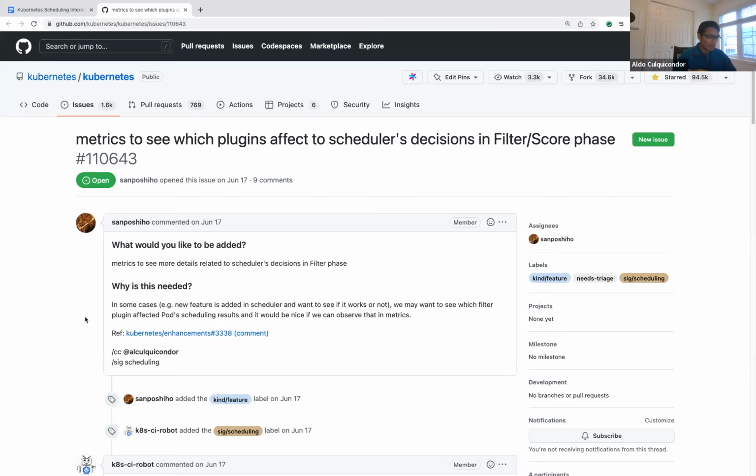For example, if we have the node affinity filter and the pod didn't define any node affinity, we want to be able to tell in metrics that this filter didn't do any meaningful decision on this pod. That way, for any new feature that we add, we can more clearly tell whether there are pods that are using the feature. So this is what this issue is about.